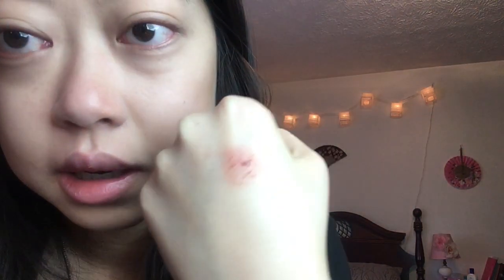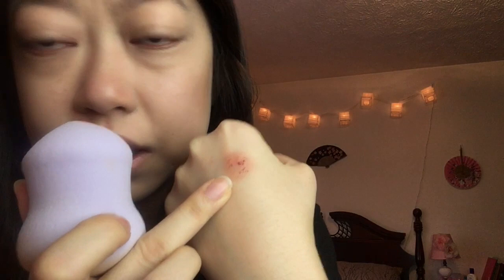Now here's something that's strange. What is this? What are these clumps? And it's on my sponge too. Like, okay, I know this says elixir, and it's weird, y'all. And I am going to just put it right on the apples of my cheeks. But y'all, what is this weirdness? It's like,